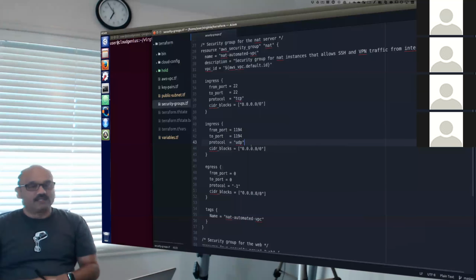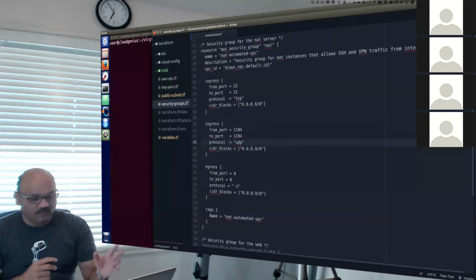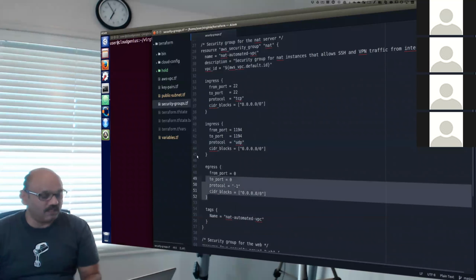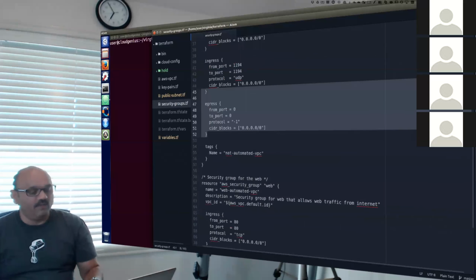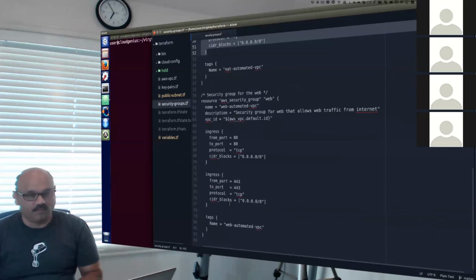For egress, outbound access, allow everything basically. So outbound, everything is allowed. That's line numbers 47 through 52. And we'll call this particular security group NAT automated VPC. We're also defining one more security group for web access, for web traffic.